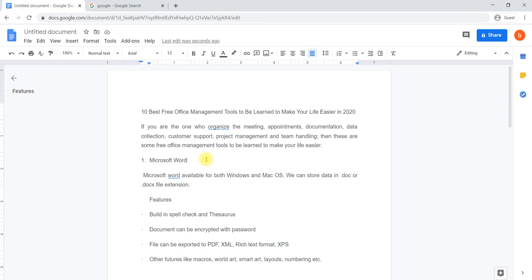That's why, to make it attractive, in the sense make the content with a clear heading in bold, some of them should be underlined, and somewhere we need to highlight. These things we have to do to make it more attractive. To do that, we are using some of the formatting tools available in Docs.